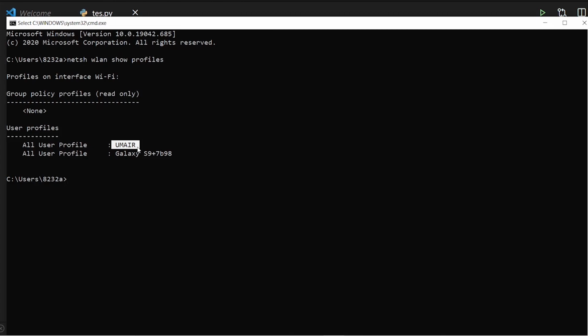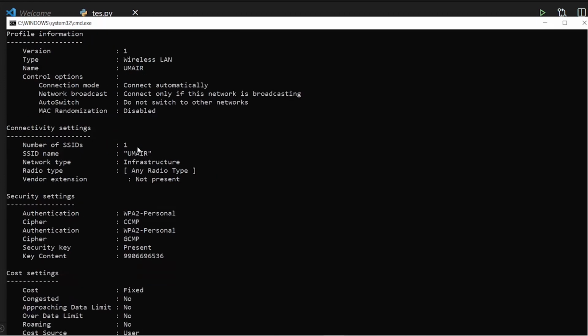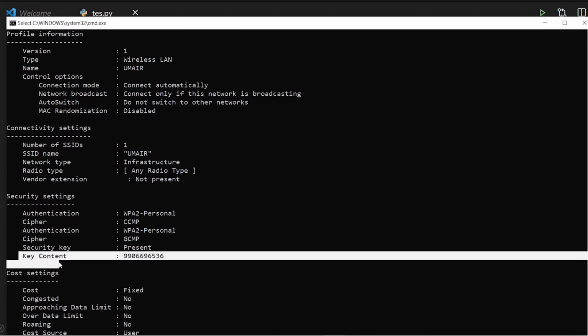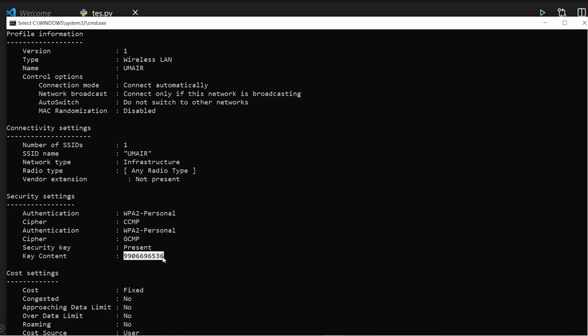And in order to do that, I'll write one more command, which is netsh wlan show profile, and the name of the profile, which is Umar, and I'll also say key equal to clear. By writing key equal to clear, we will be able to see the password of the Wi-Fi profile. If I hit enter, and down here where you see Key Content, we have the password of the Wi-Fi profile. So this is how easily you can get to know the passwords of the Wi-Fi connections that were previously connected